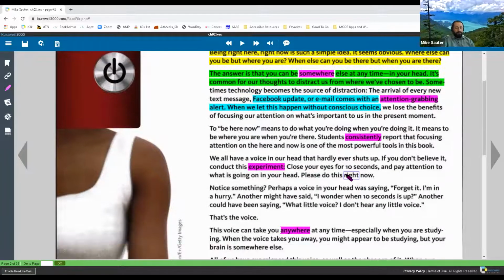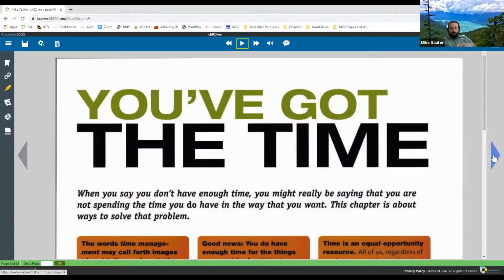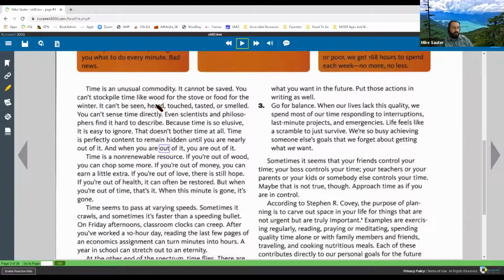Okay. Now, the highlighters will save automatically. So when I'm on this page, I can see all the highlighting that I've done here. But if I go to the next page to continue my highlighting, it has already saved that highlighting on the previous page. So I can go on to the next page where I can continue my highlighting following that same scheme.